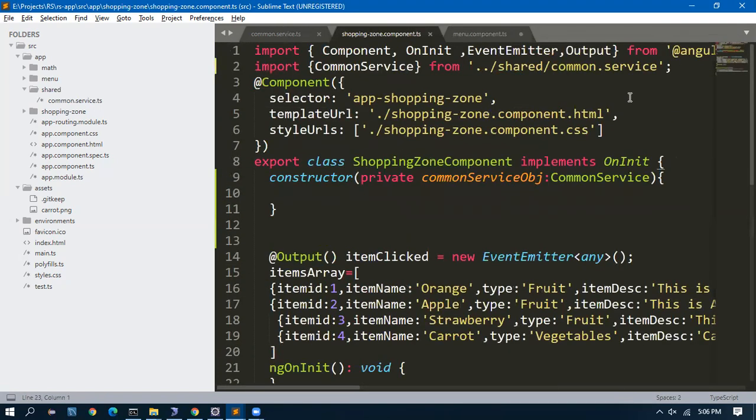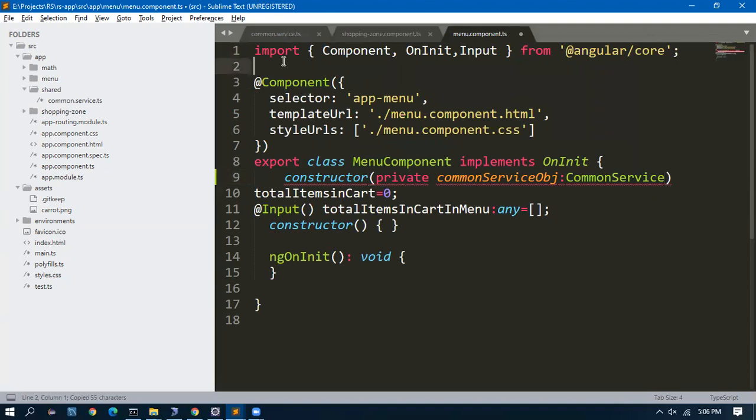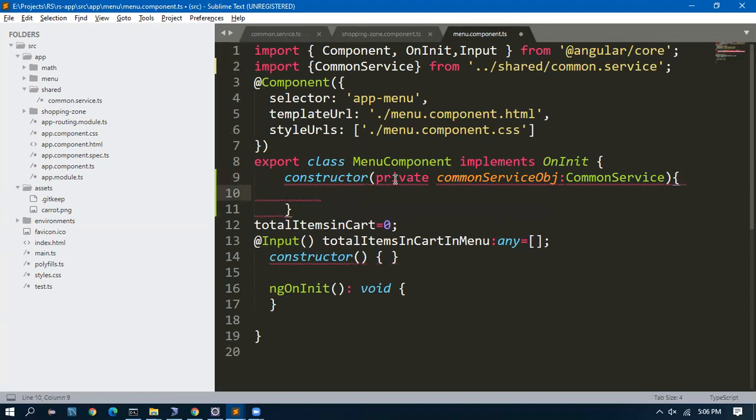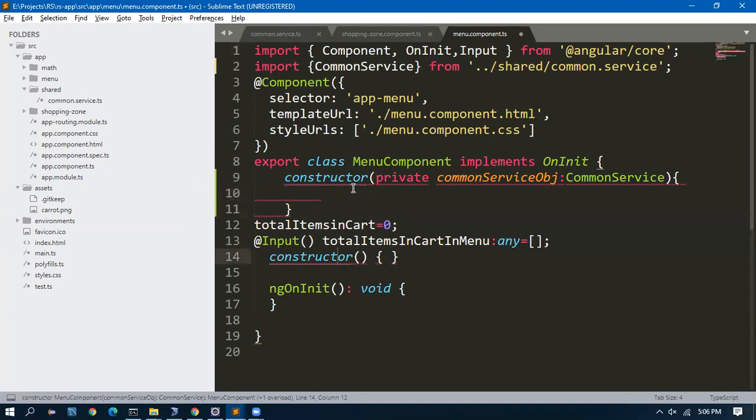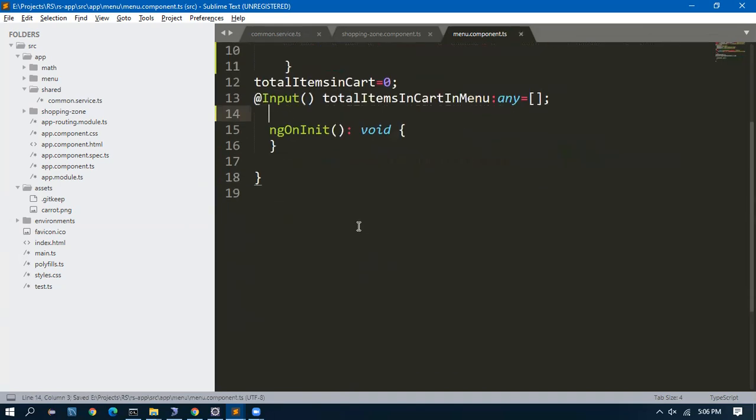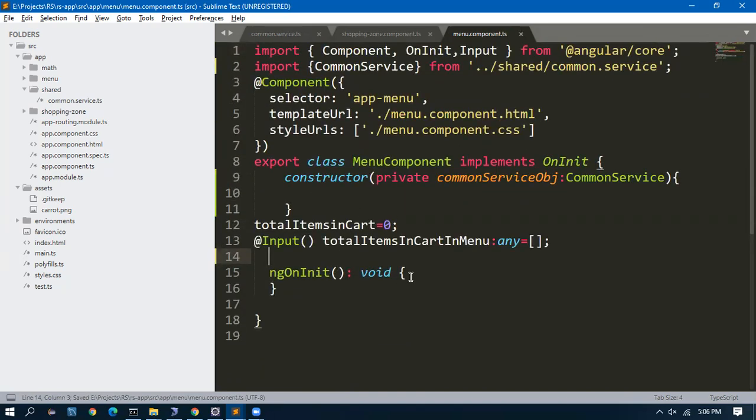I have to give an import. It is in the shared folder. What happened? Multiple constructors. Oh, I already have a constructor. Okay, I can delete it. I didn't realize.